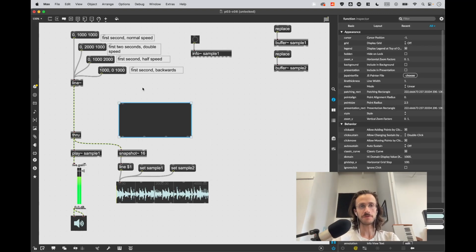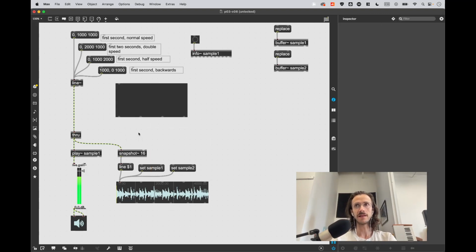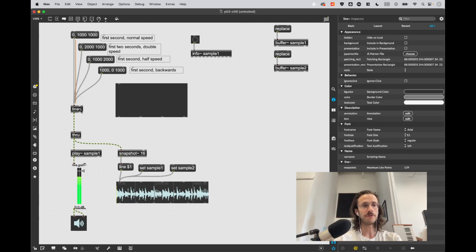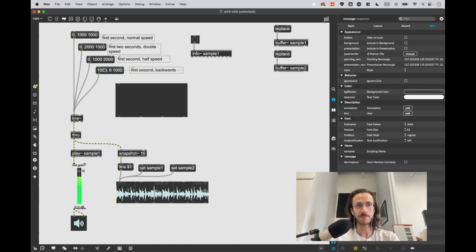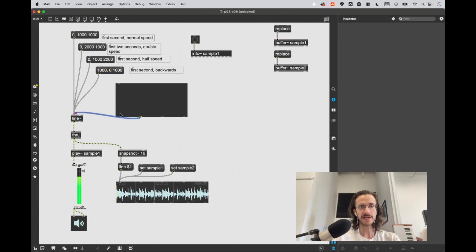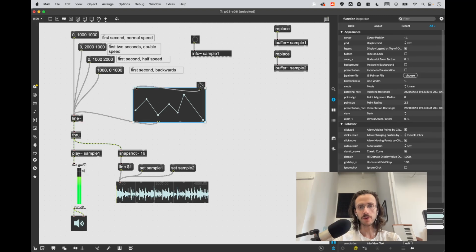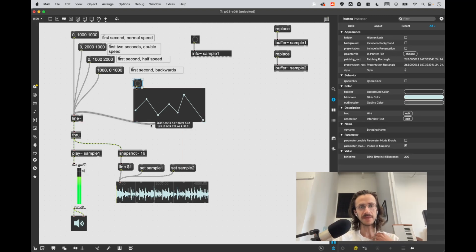There's an object in Max called function that is basically a line editor for line tilde, and as we'll see in a second, curve tilde objects. So if instead of sending these simple messages to line, I use this second outlet of function, I can build, just by locking, clicking, and dragging, arbitrarily complex waveforms. And then when you bang this, it sends it all to line to execute. The only reason it's not quite working the way we want is because the second argument to line here is